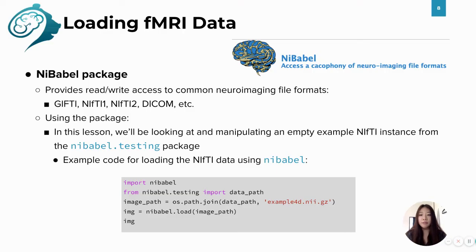So in terms of loading fMRI data, there's something called the NiBabel package, which provides read-write access to common neuroimaging file formats, including the NIFTI file format that we're going to be using, and also DICOM that I mentioned before. In this lesson, we're going to be using this package by looking at and manipulating an empty example NIFTI instance from the nibabel.testing package. So this NiBabel package includes some blank testing sample data you can use to just play around with